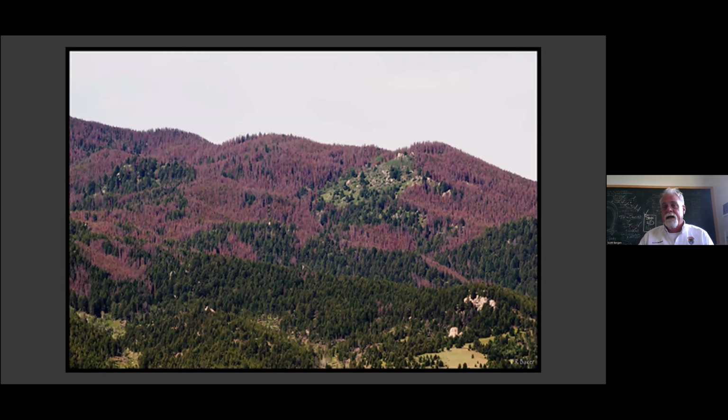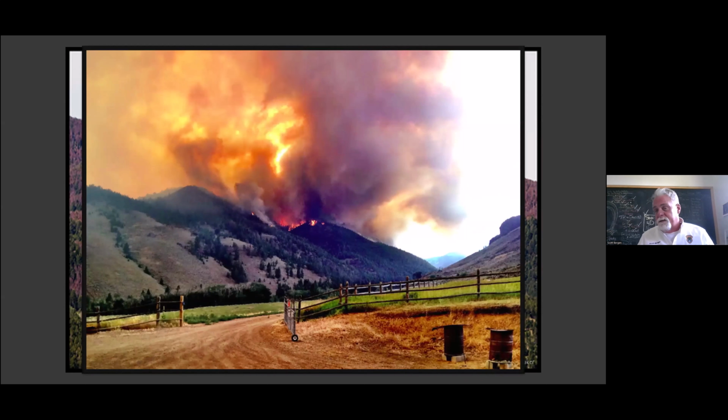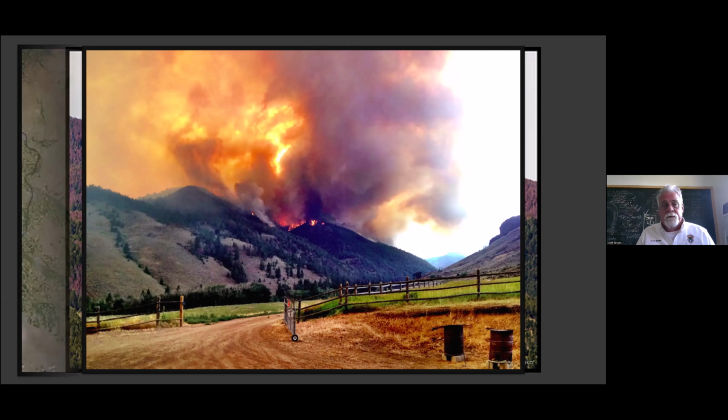This will spread and actually goes through entire stands, where you basically have a stand of dead wood ready to go. And lo and behold, whether it's a lightning strike or a careless kid with matches or somebody going out and leaving their campfire unattended, these fires come up and blow up into extreme size across the landscape in Idaho. And then again, just to bring this a little bit back home to what I imagine the group is,